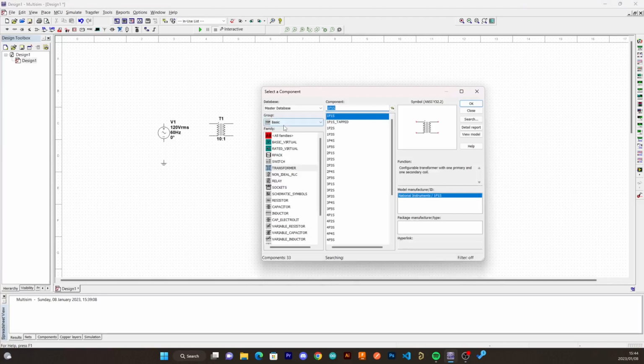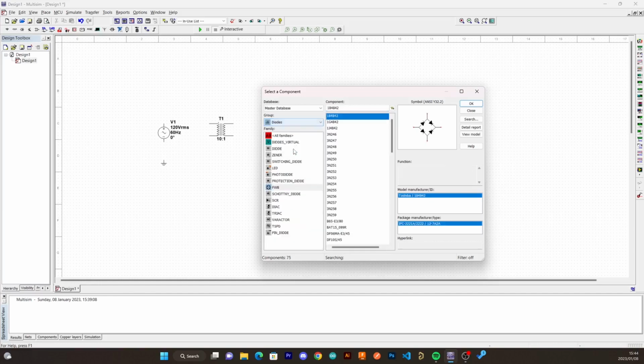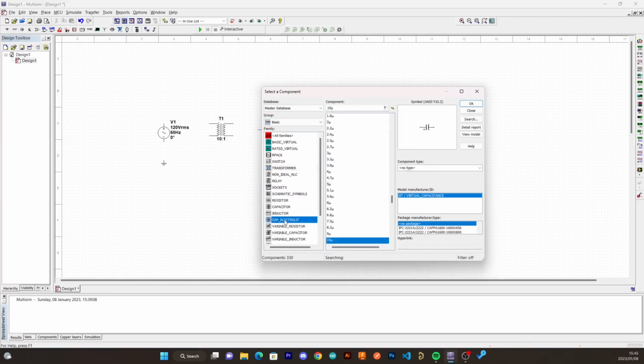After that, we need to go to diodes. In diodes, that's where you are going to find our full bridge rectifier. So we'll go to diodes and go to full bridge rectifier, choose the first one and place it here. After that, we need to find two capacitors. These capacitors are the ones that are going to filter our circuit. So we'll go to basic and go to electrolytic capacitors, choose the 10 micro. You place one here, and let's place one at the end of our circuit so that we do have nice